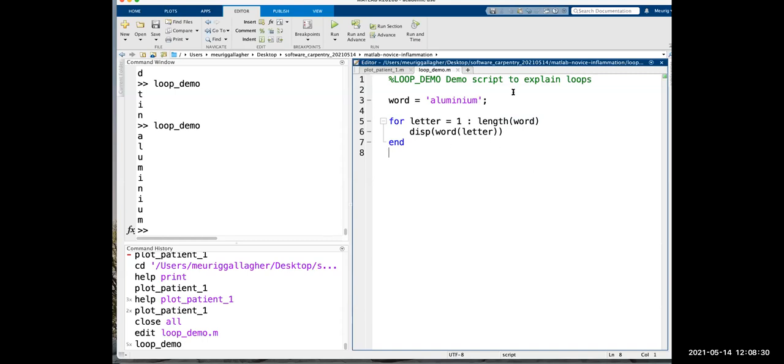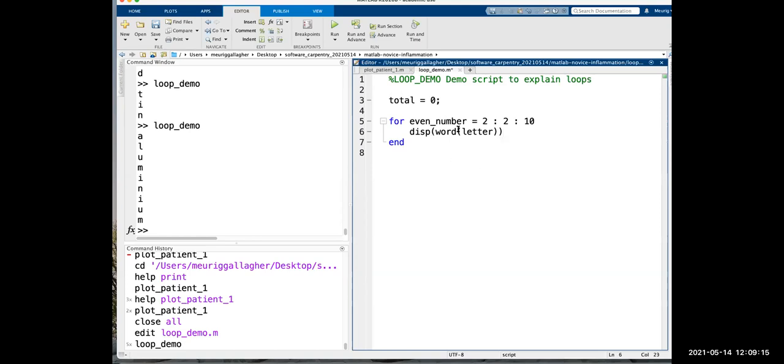So let's take a different example. Rather than just printing out each letter, maybe we want to do something that's a bit more complicated, a bit more useful. Let's try and solve the problem of calculating all even numbers between 1 and 10. So we want to take each even number and we want to sum it up. So let's take a total. Our total is going to be 0. We want to loop over our even numbers. So instead of looping over our letters, let's say for each even number, our even numbers are going to start at 2, depending on whether you think 0 is an even number or not. Even numbers go up by 2 each time. So we want to do 2 by 2, and we want to go up to 10.